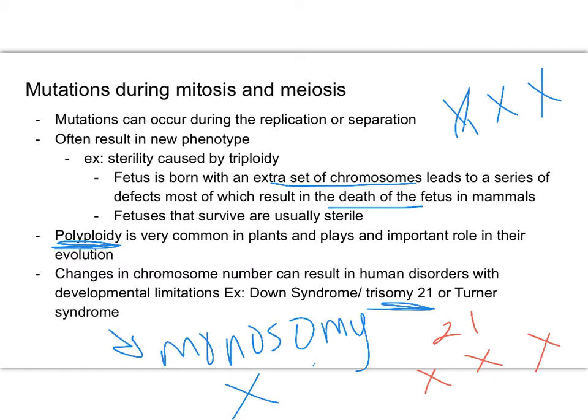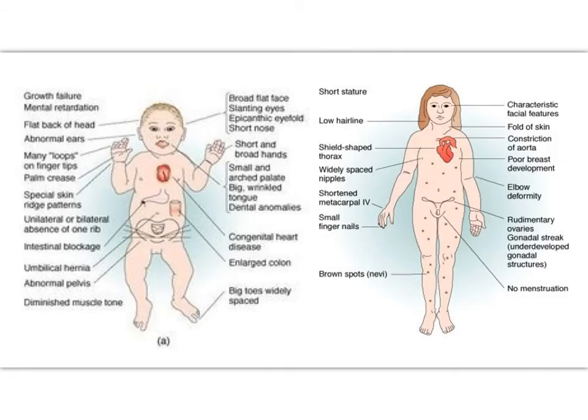Your patients that have these disorders, again, the Turner syndrome, they are usually sterile, okay, and have a variety of other side effects. So you can see on this graphic here, you don't need to memorize all of these. The one on the left here is Down syndrome, the result of the trisomy 21 issue, the triplet of chromosomes instead of a pair. You'll see the wide variety of symptoms that they have, from mental retardation, intestinal blockage, abnormal pelvis, decreased muscle tone, facial features are different. Okay?